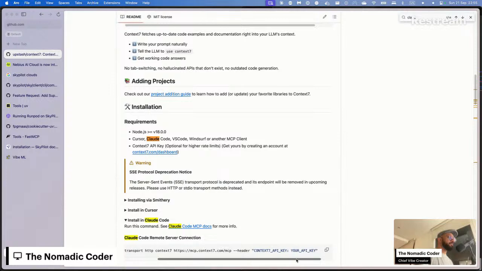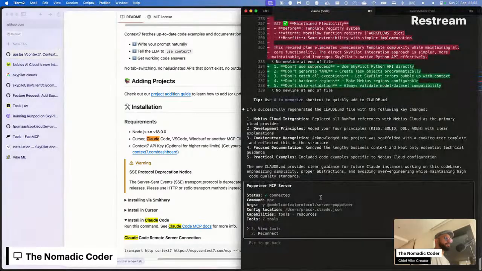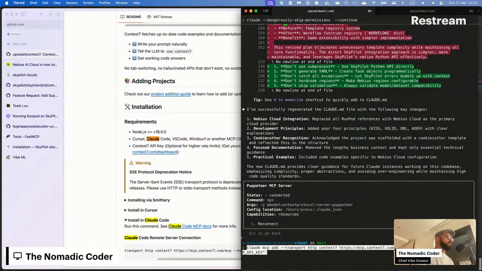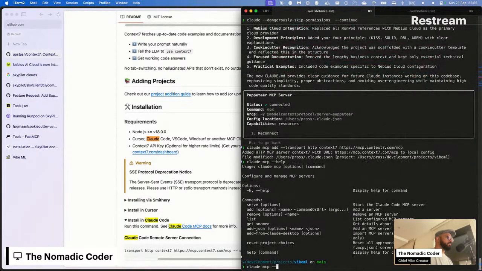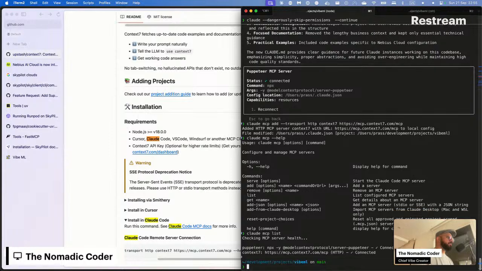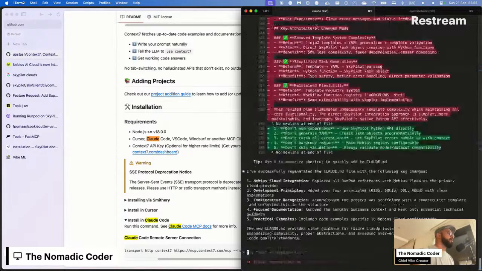There's an API key? No. Optional for higher rate limits. Okay. Sweet. There we are. Okay, now we have this.